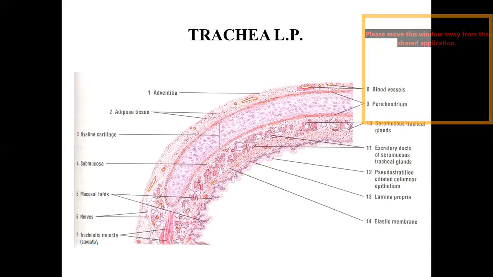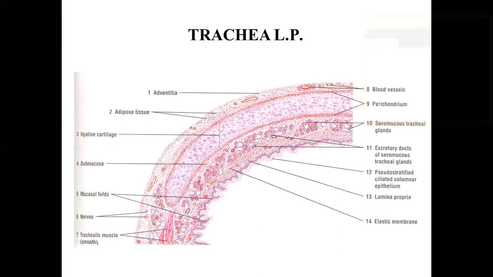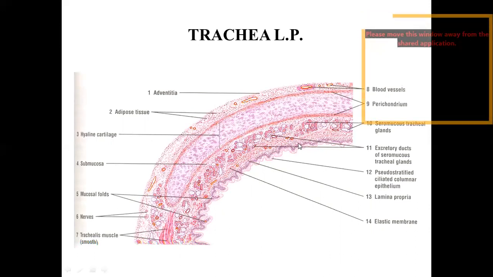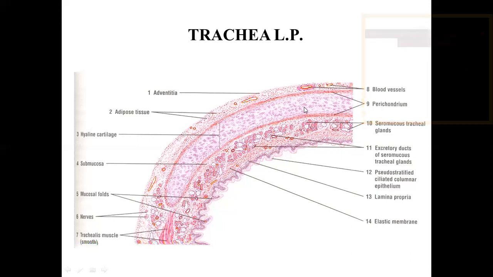Next slide is of the trachea. The trachea, a part of the respiratory system, is a continuation of the larynx. The trachea consists of 16 to 20 C-shaped cartilaginous rings which are connected posteriorly by a muscle, the trachealis muscle. Here you can make out the cartilage forming is hyaline cartilage. You know the feature of hyaline cartilage: the chondrocytes are arranged in groups. The cartilage has a ground glass appearance.